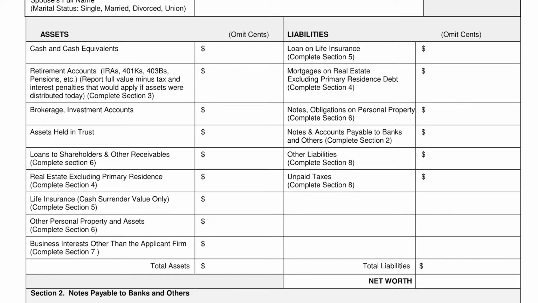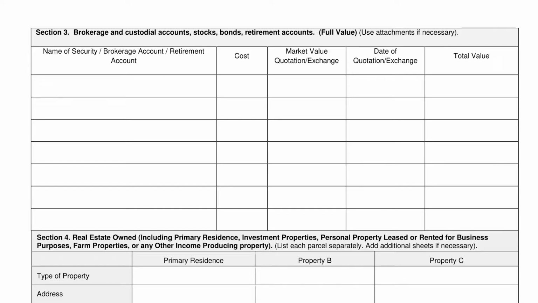Retirement accounts, IRA, 401ks, 403bs, and pensions. On page 1, enter the full value minus tax and interest penalties that would apply if assets were distributed as of the date of the form. Describe the number of shares, name of securities, cost, market value, date of quotation, and total value in Section 3